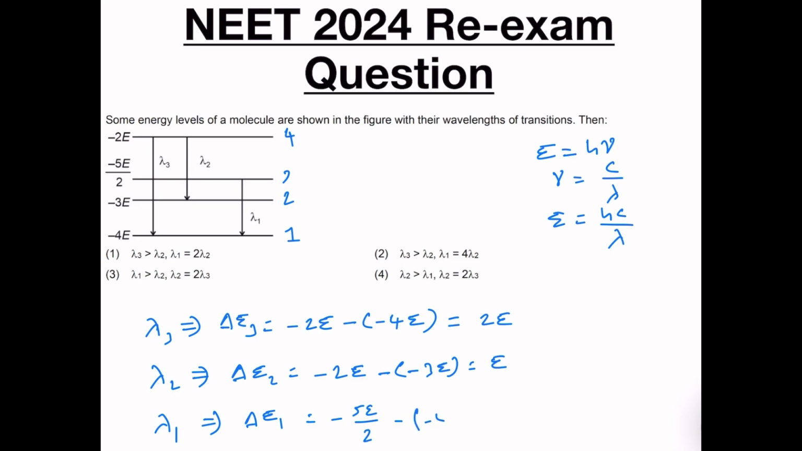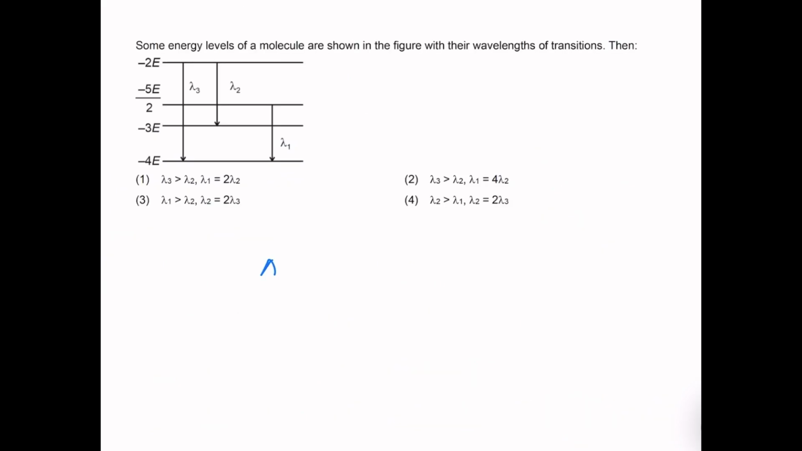minus 5E by 2 minus of minus 4E. So, let us take 2 as a common factor. So, in that case 5E plus 8E divided by 2. So, that will be 3E by 2. Now, this means that delta E3 is greater than delta E1,